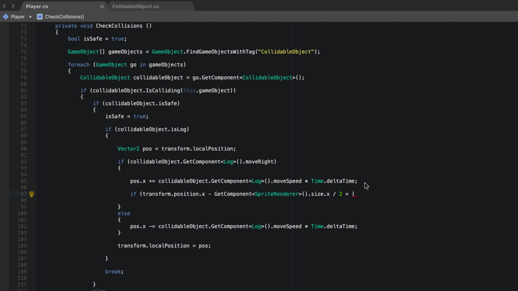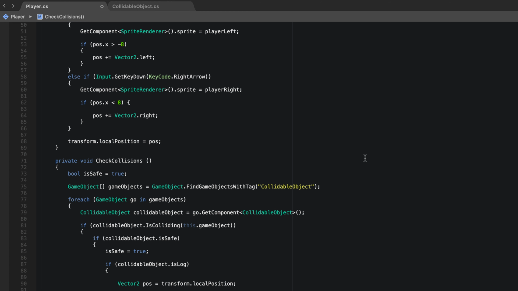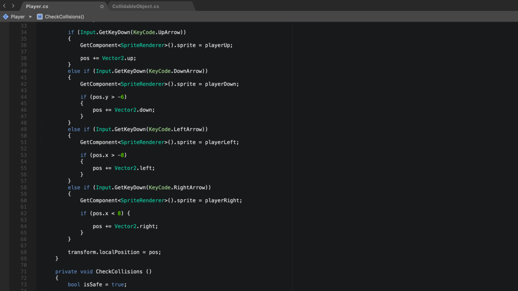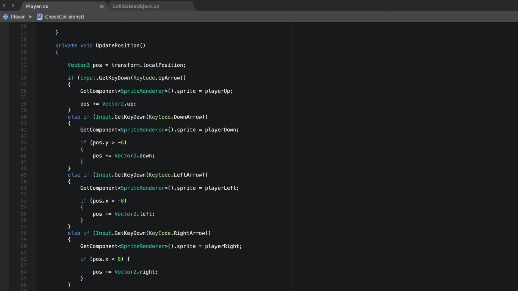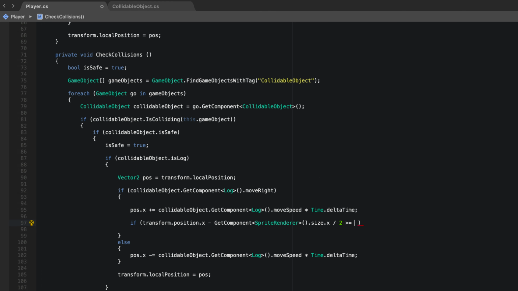And we're going to say if it's greater than or equal to, it would be the width. Would it be? All right. So if it's greater than or equal to the, how are we doing